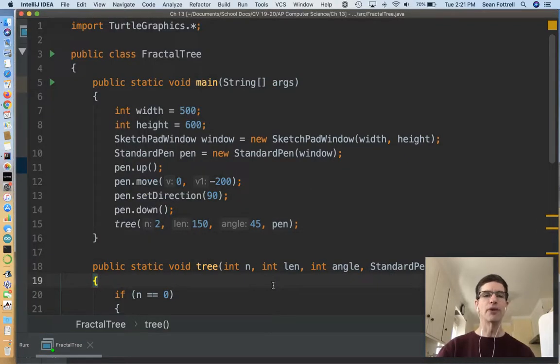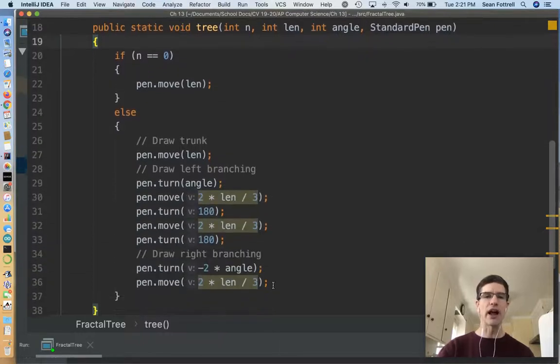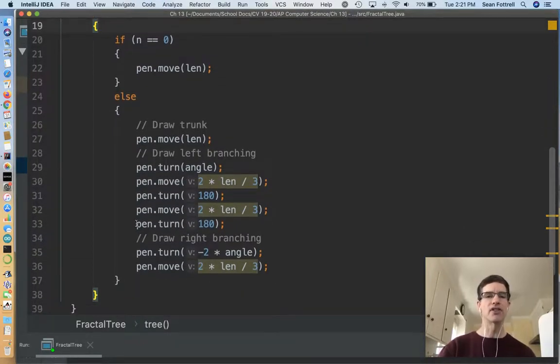Okay, so our job now is really to change our else statement so that instead of just saying, here's how to draw a tree for a given value of n, like n equals 1, we want to make this written in terms of the previous one. We want to have a call so that if you call n equals 2, this is somehow doing something in terms of n equals 1, which does something in terms of n equals 0. Hopefully you've already watched the Cook curve video that I made,